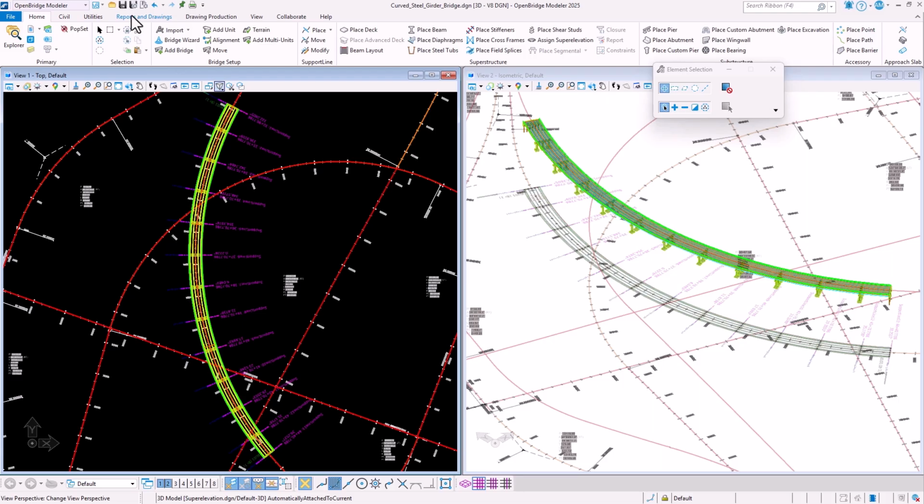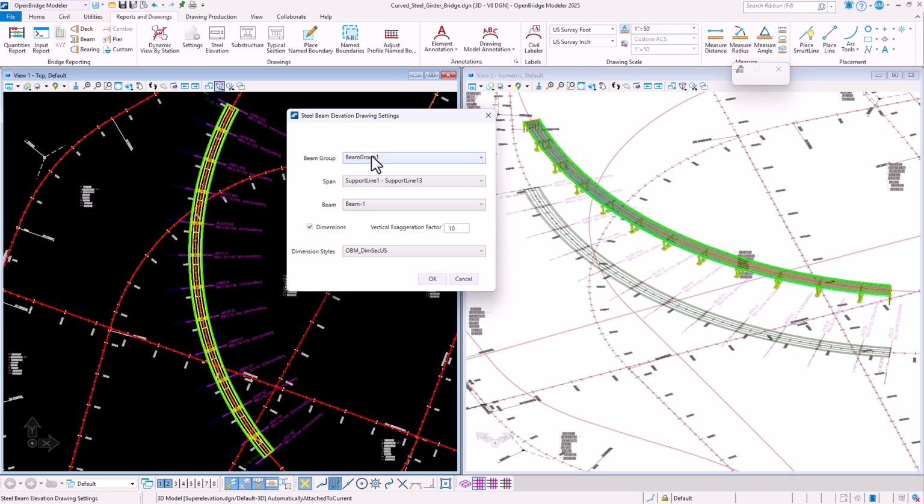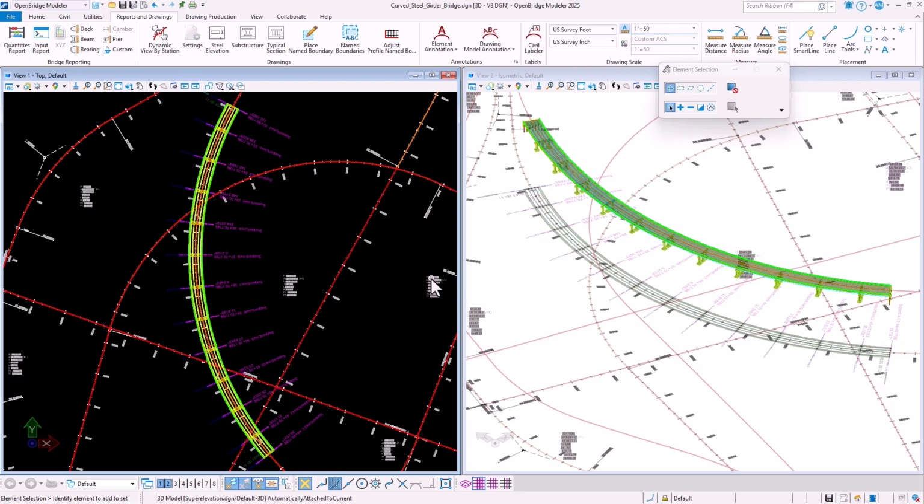What it's going to do is expand your girder and show you an elevation diagram with the proper dimensions that you are using. So it will generate a new model. You just need to select what beam you want to generate it for, set some dimensioning, hit OK, and it will create, as I said, a new model,